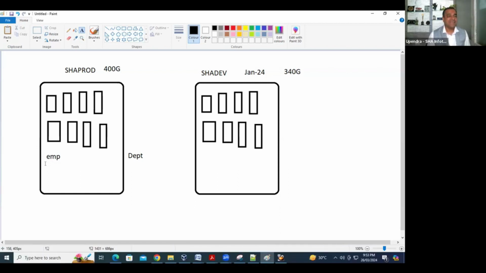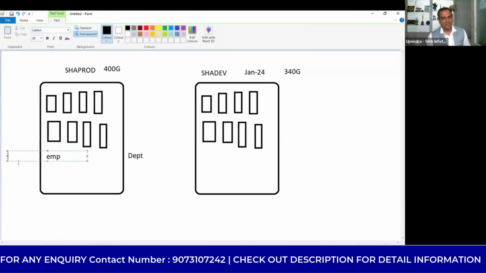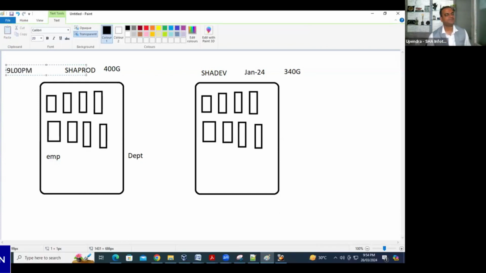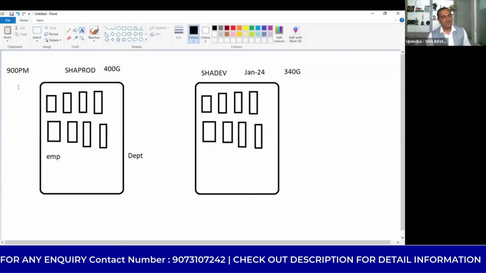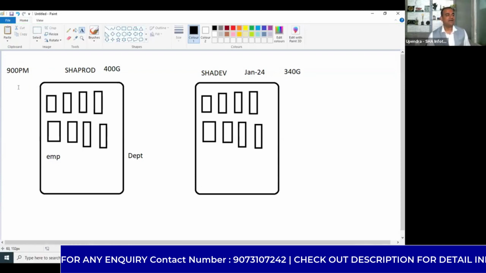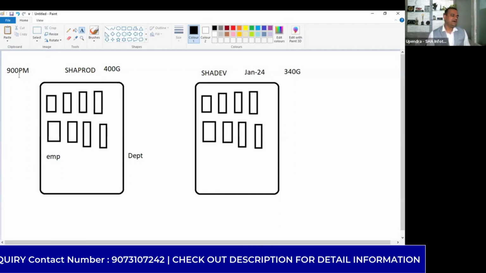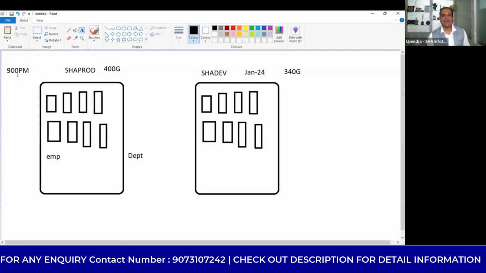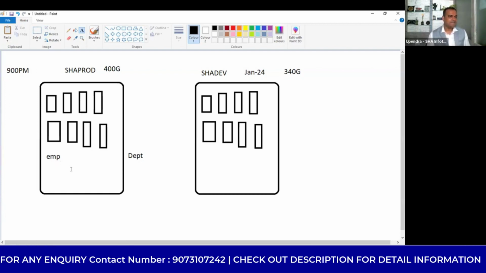Now, I'm going to put some data. I'm assuming right now the time is, suppose, 9 p.m. 9 p.m. is the time, and you started taking backup. And the consistent equal to Y parameter you didn't mention, or you didn't put it. At this point of time, it might happen that